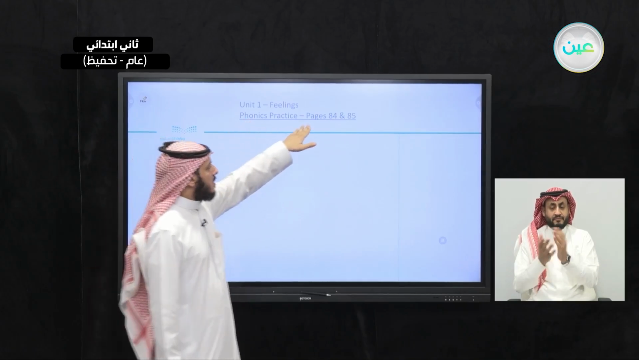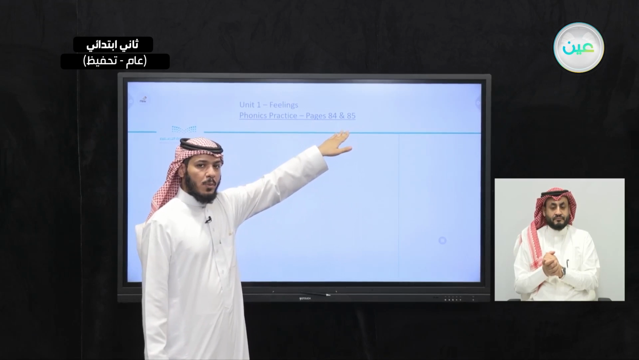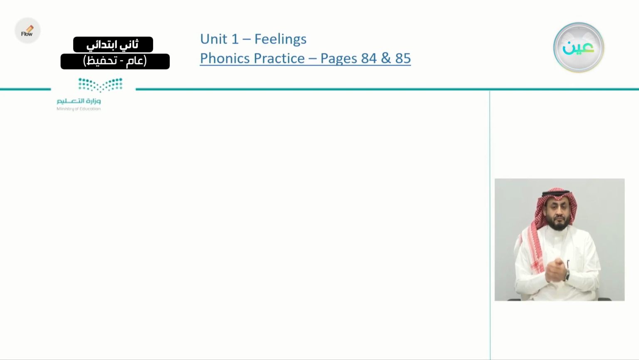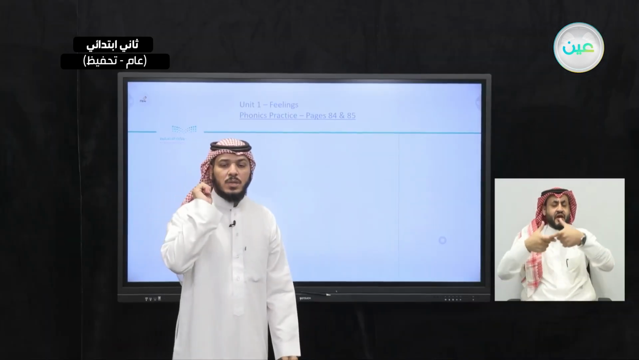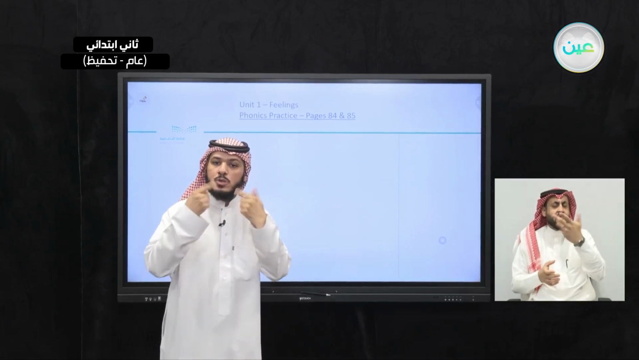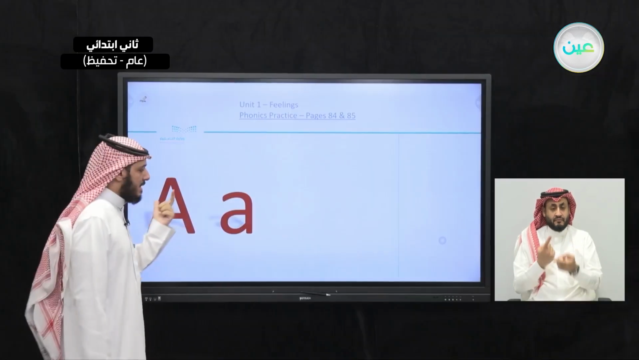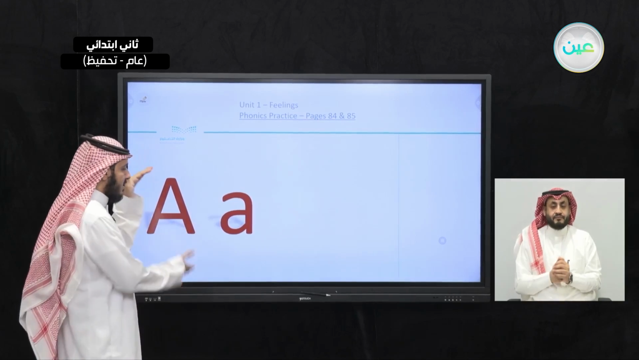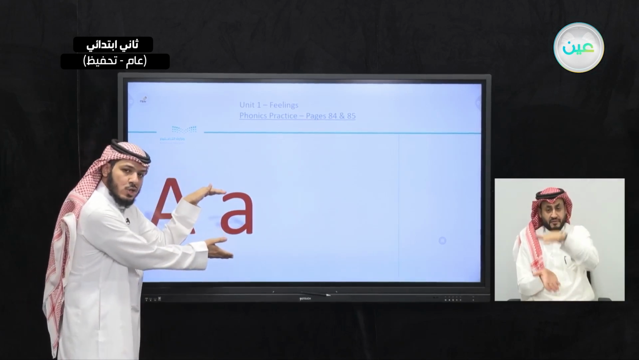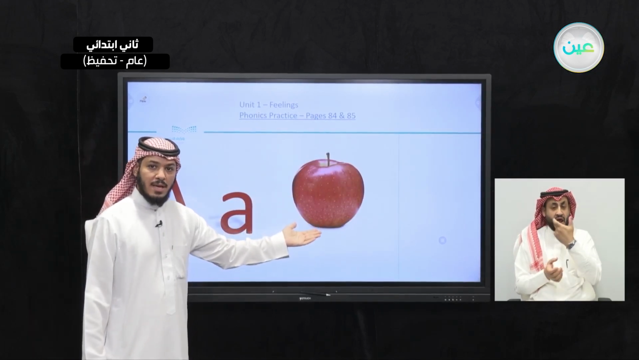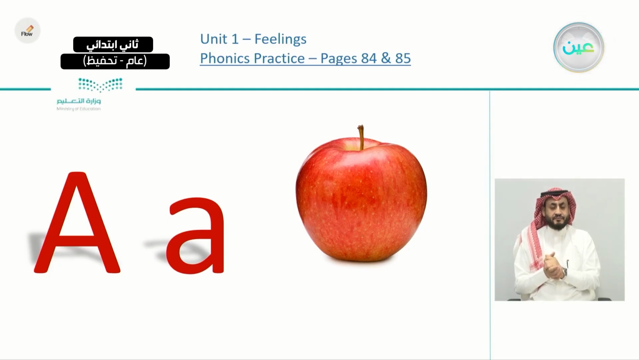Open your books on page 84 and page 85. Okay, we will start with page 84. Okay, phonics practice. Phonics, صوتيات. Okay, how to pronounce, how to say a word or letter. Okay, first letter is A. Yes, this is A in capital and this is A in small. Okay, what is this? Yes, it's apple. So A says